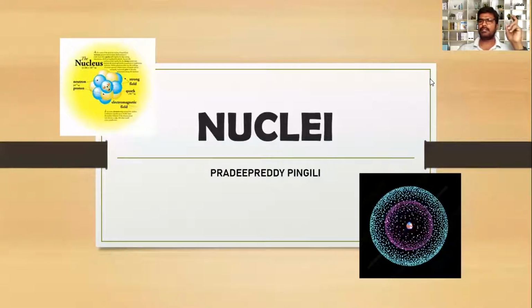In this chapter, we will study the properties of the nucleus, how it is represented, and what the constituents of the nucleus are, what the constituent particles are, their mass, and their charges. Those individual properties of nucleus particles will also be discussed in this topic, and also the stability of the nucleus and some important features of the nucleus like nuclear fission and nuclear fusion will be learnt under this chapter.